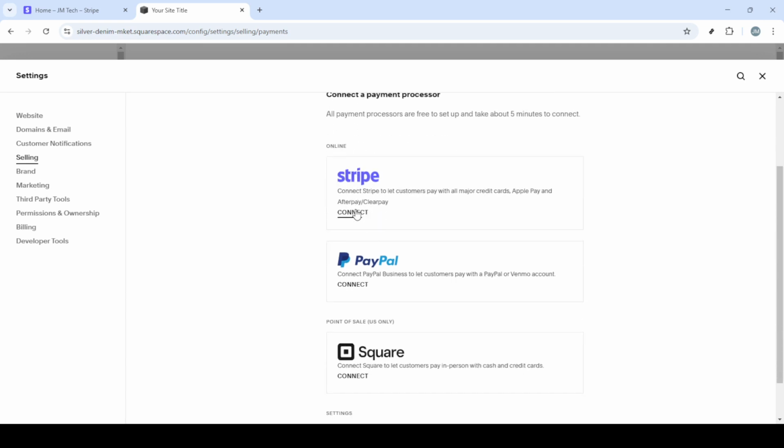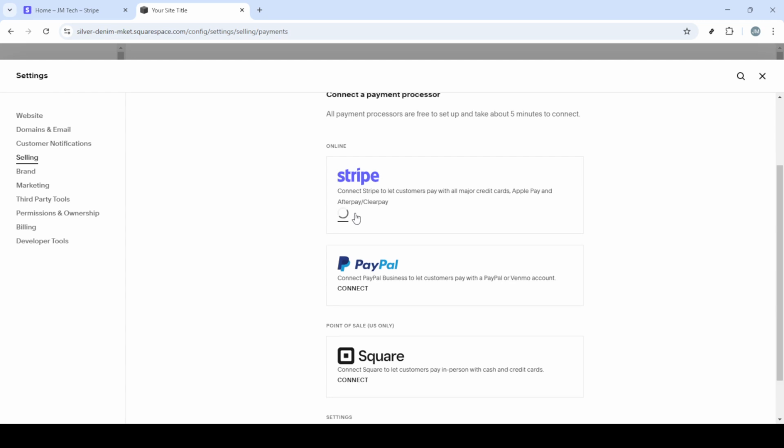At this stage, you'll be prompted to log into your Stripe account or create a new one if you don't have it set up yet. Follow the prompts to grant Squarespace the necessary permissions to manage transactions on your behalf. While you go through these steps, keep in mind that having your financial details, such as your banking information, will be handy. Stripe will require these details to ensure that the funds from your Squarespace transactions are deposited into your